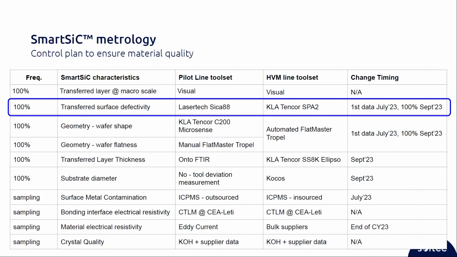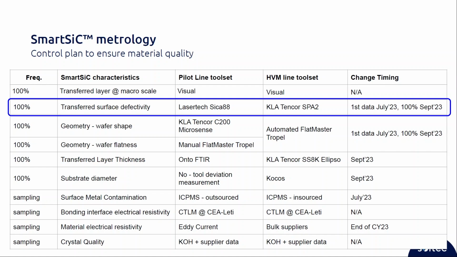We are checking, of course, the transfer layer defectivity at the microscopic scale, and I will go deeper on this part. We also check the geometry of the wafers and the transfer layer thickness, and we take samplings for different contaminations, bonding interface, electrical resistivity of materials, and crystal quality. Other characterizations are on top of the tables here. It is part of a commitment to monitor